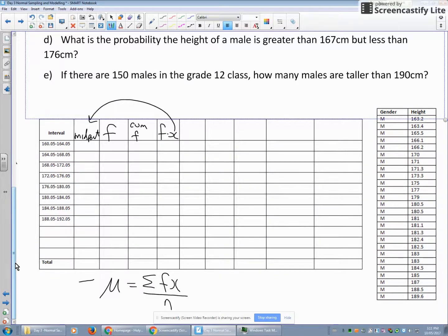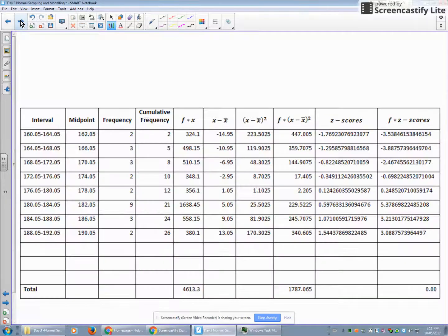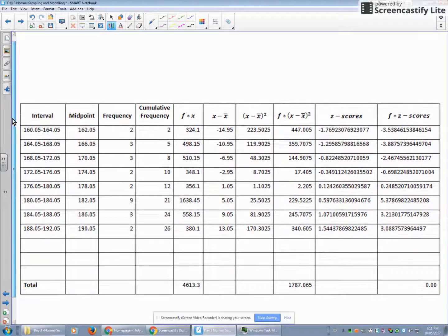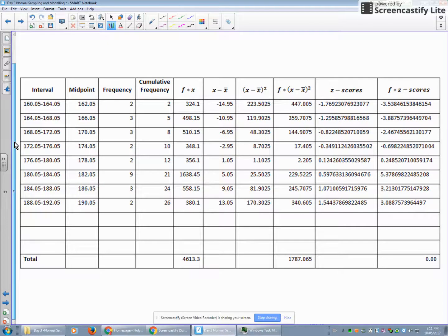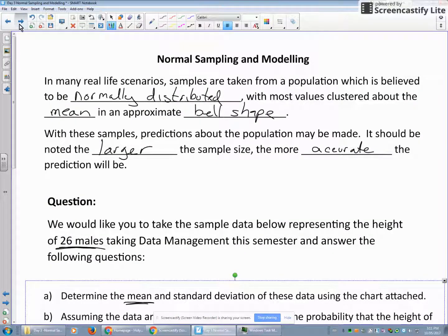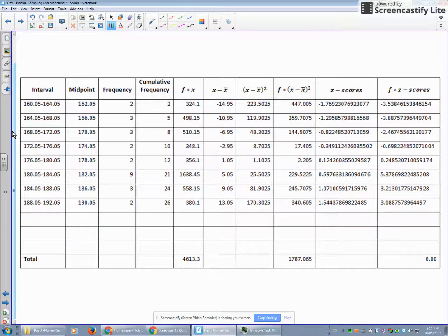I'll show you basically our next page. The data has all been done. It's all been analyzed. This is done in a spreadsheet. I'll print this off for you guys to have it as well. You can go through to practice this question if you feel like you want to practice this some more. This is just like question number 13 from our test. If you didn't get it right, it's a good question to try to go through and you can check your answers. But in this particular case, the sum of our frequency times the midpoints,